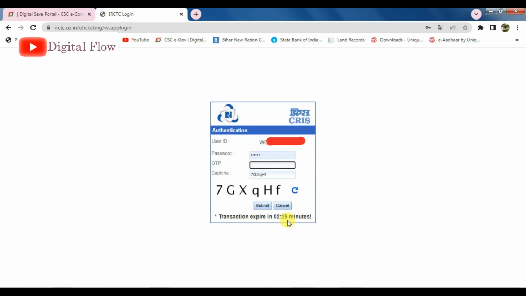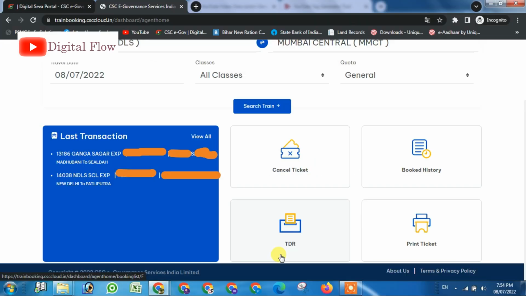I have shown everything in this video for the booking process, and again I will show where the ticket will be saved, how we will take the printout, and how the cancellation works. So let's start.